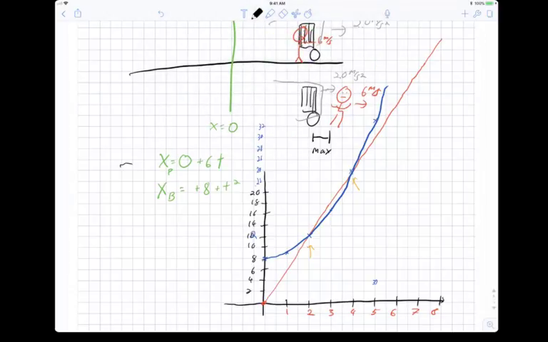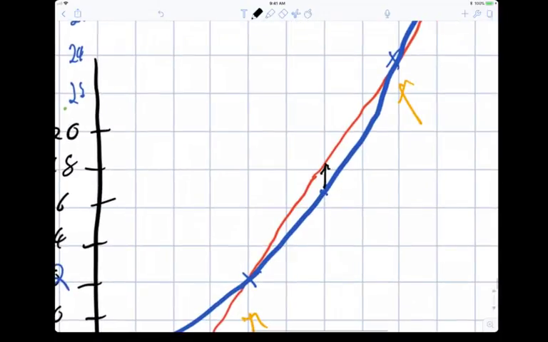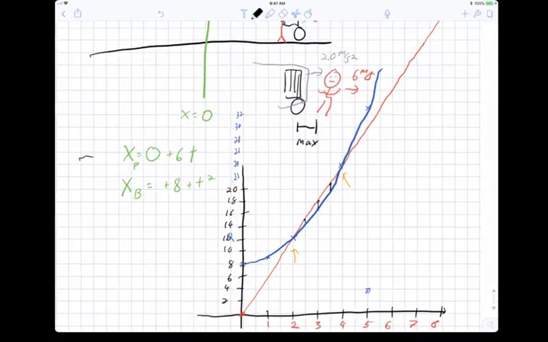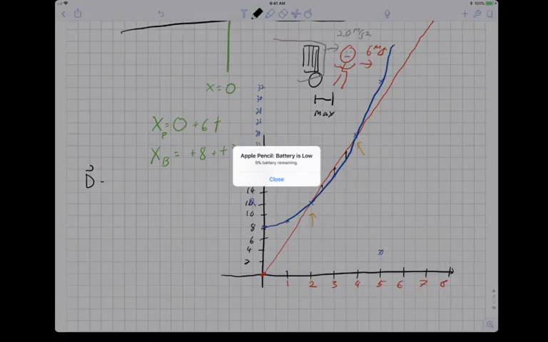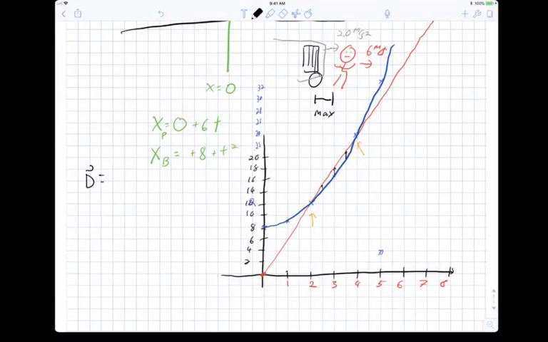We want to know the maximum distance ahead. So at each moment there is a distance between them, and we want to know when it's at its maximum. There's a couple different ways you can do this. One of them is you can say the distance between them, I'll call it D. The distance between them is